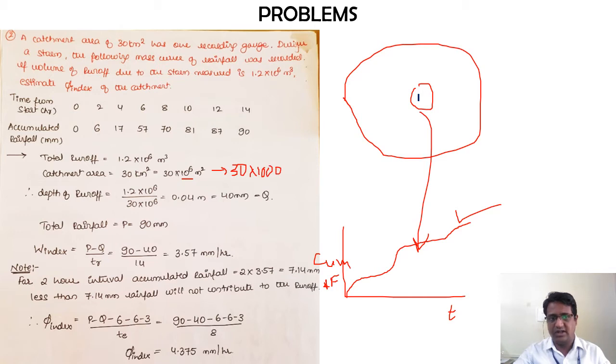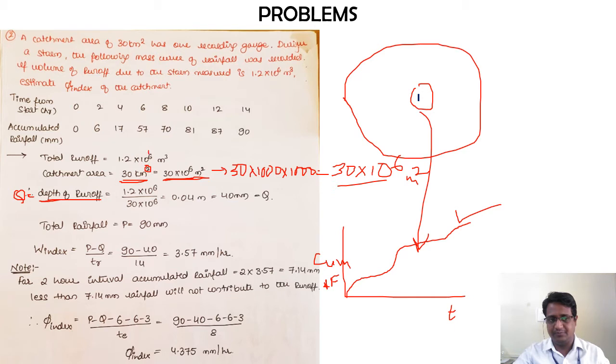Kilometer to meter. Here we have kilometer squared, so one more kilometer will again be into 1000. So ultimately you will have 30 into 10 to the power of 6 meter squared. I hope you got this. This is how I have converted from 30 kilometer squared to 30 into 10 to the power of 6 meter squared.